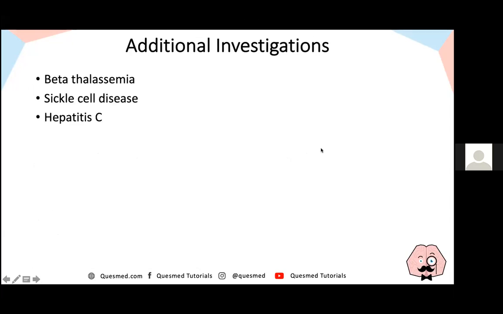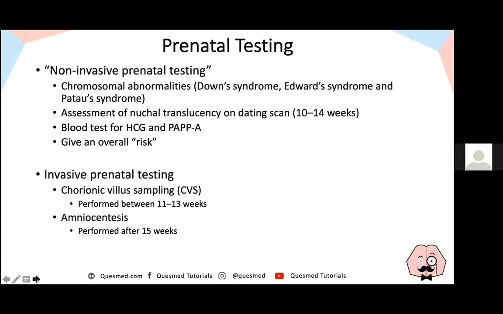Additional investigations depend on risk. So risk of things like beta thalassemia, sickle cell disease does depend on where you're from and where your partner's from. So we do screen for those in certain people. Talking about prenatal testing, most people will go for a non-invasive prenatal testing, and that's to test for things like chromosomal abnormalities, and it gives an overall risk. It doesn't tell you a yes or no answer, and that involves both an ultrasound scan and a blood test